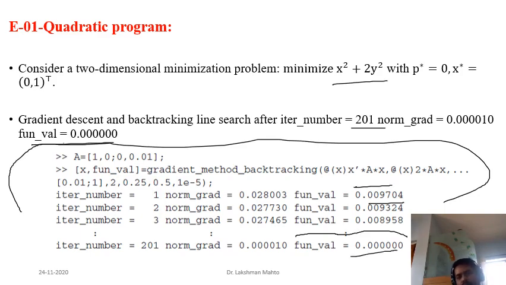Here you also need to output the norm of the gradient in order to check the stopping criteria. What would be a stopping criterion? The stopping criterion says that the norm of the gradient must be less than a tolerance parameter epsilon. It depends on you what kind of tolerance parameter you are willing to take, and since it is always a scalar number, you can easily output it.